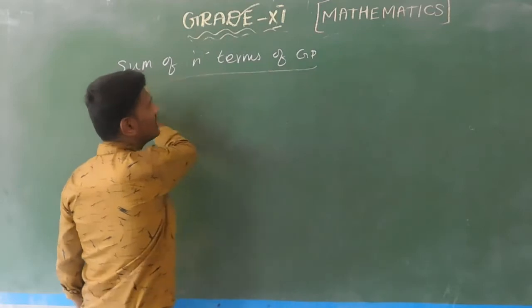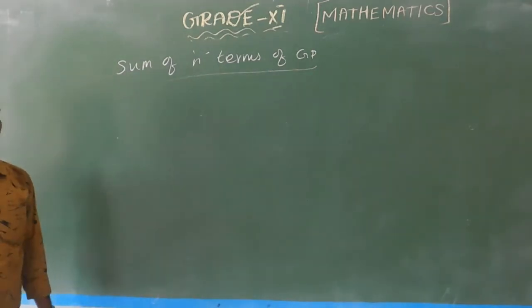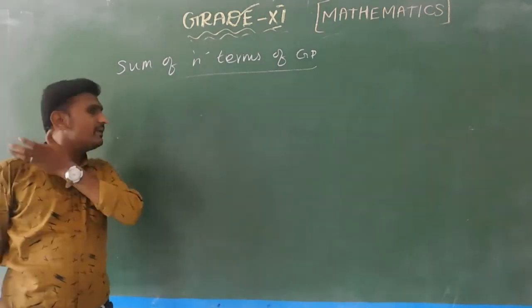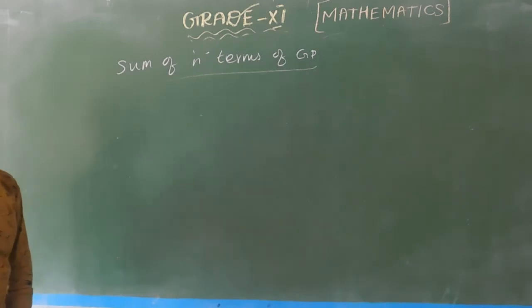Okay. See, you have n terms of AP also. Already you prepared. Sn equal to n by 2 into 2a plus n minus 1 into d. When the as